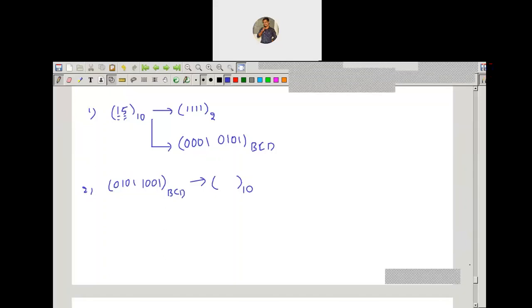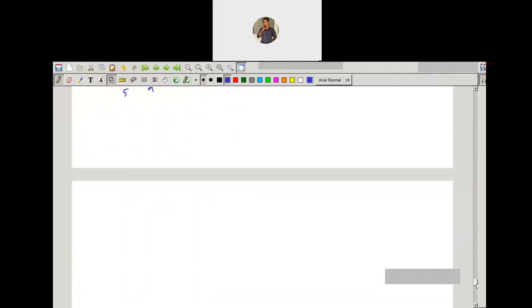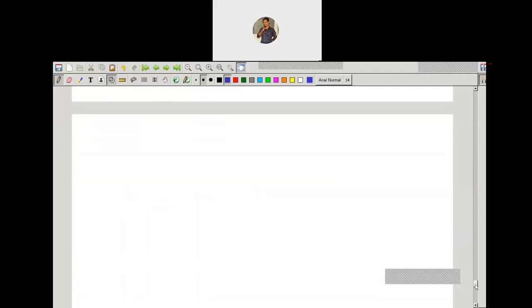So obviously it is what? 5, 9, right? So obviously it is the 5 and 9. That is, these 4 bits represent the value 5, and these 4 bits represent the value 9. So 5, 9 is a decimal number. So it is about the story of the BCD code. That is, you have to know what is meant by BCD. So what is BCD? It is a binary coded decimal. That is, each digit in the decimal number system is going to be represented by using a 4-bit binary number system.